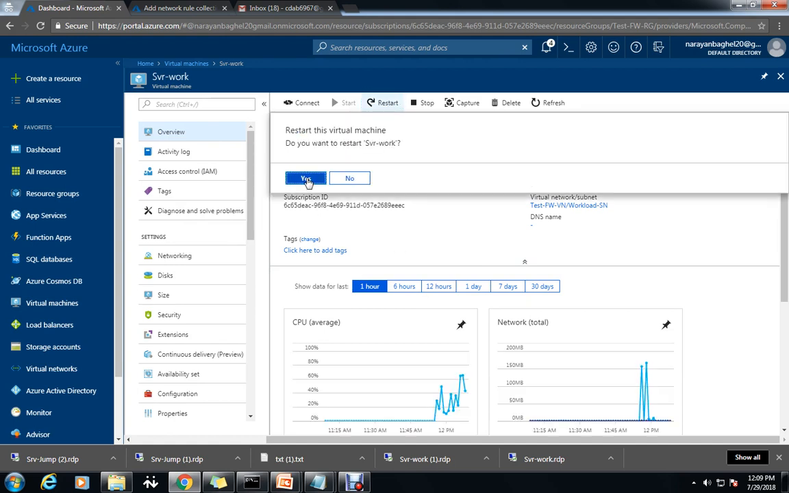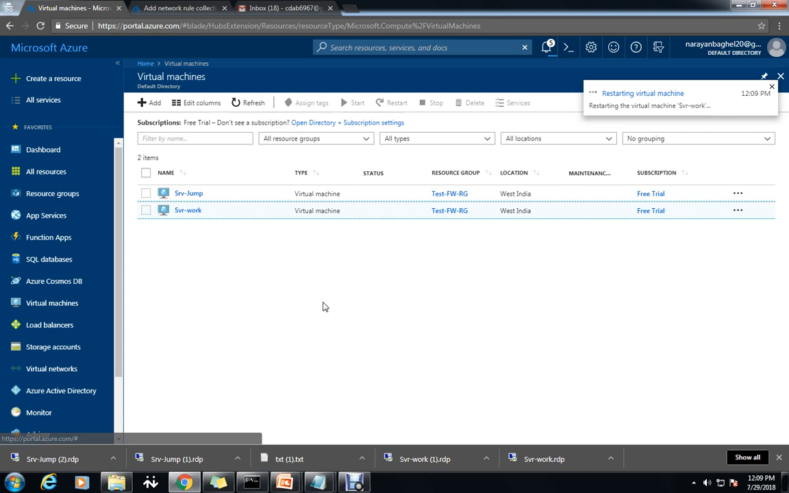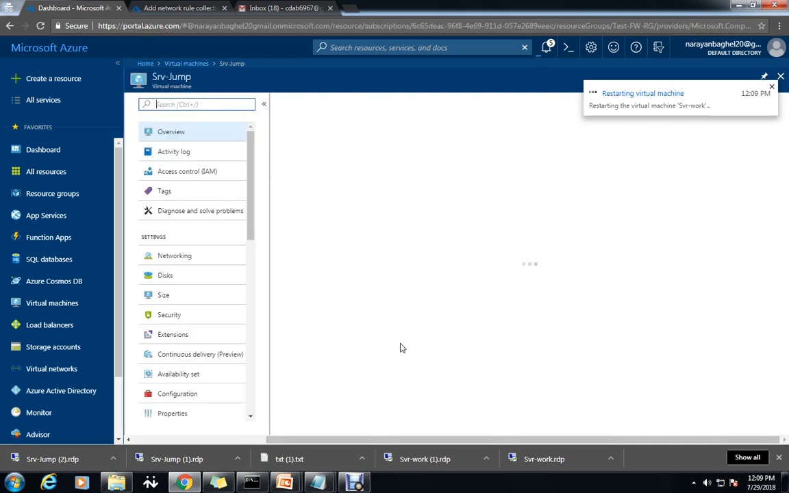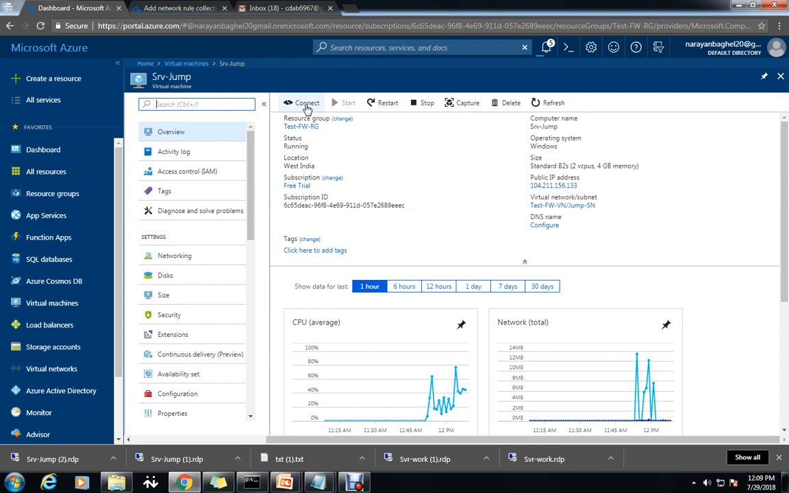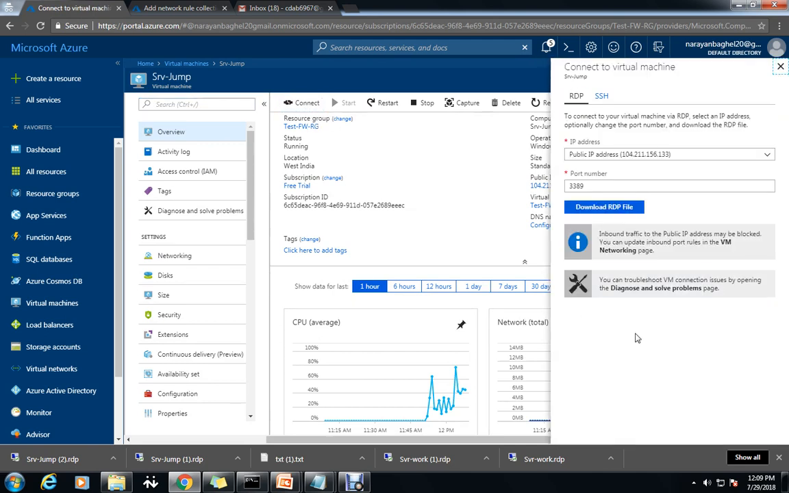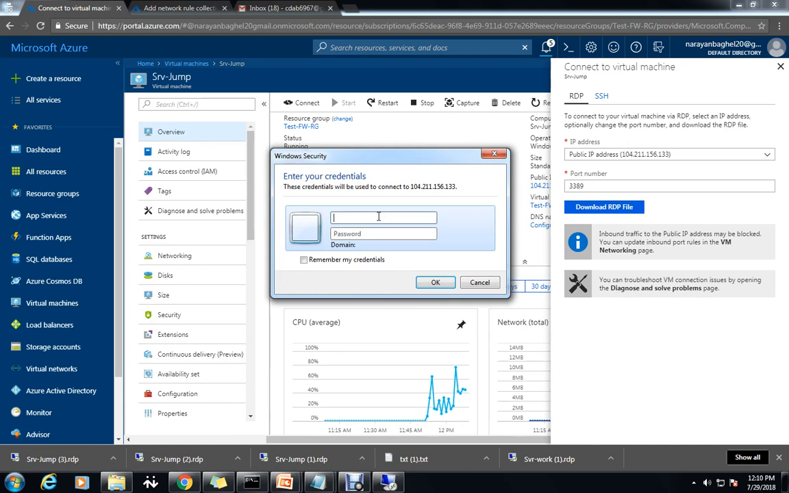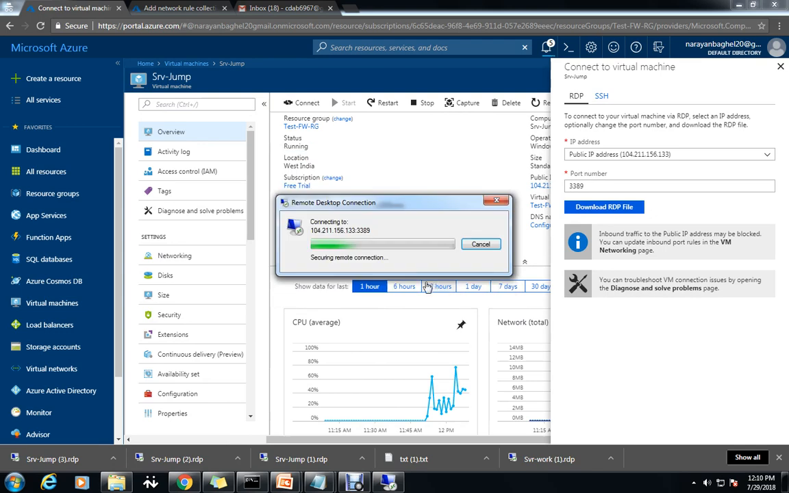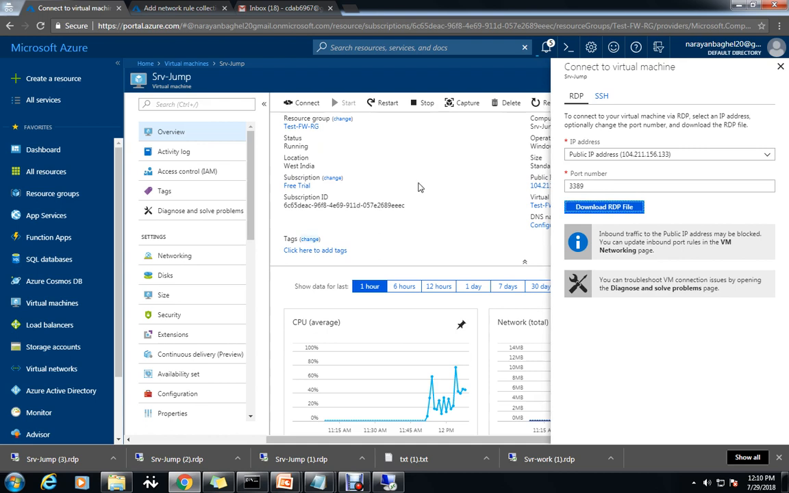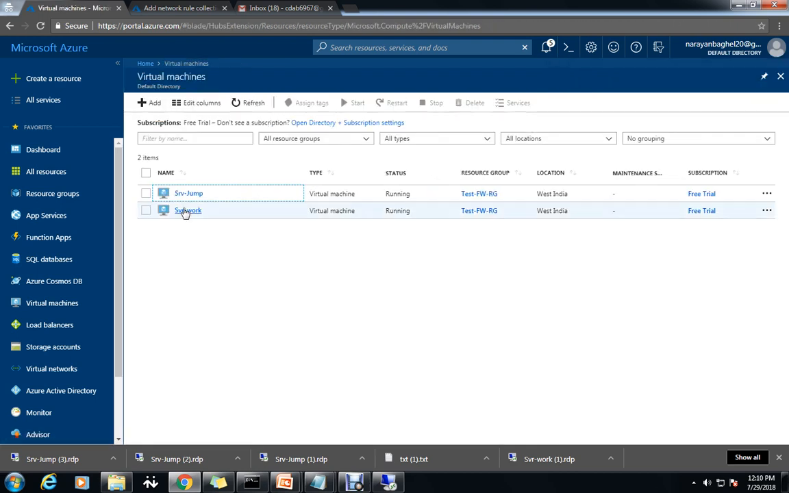Okay, so for that what we need to do, we need to go to the virtual machine and connect to this jump virtual machine, and let me connect and download and open it. So I'm able to take remote because we had given a public IP address as well as RDP here. But for this second machine, I won't be able to take remote from the public IP address, because we had not selected it at the time of virtual machine creation. I will show you. Let me go to work,